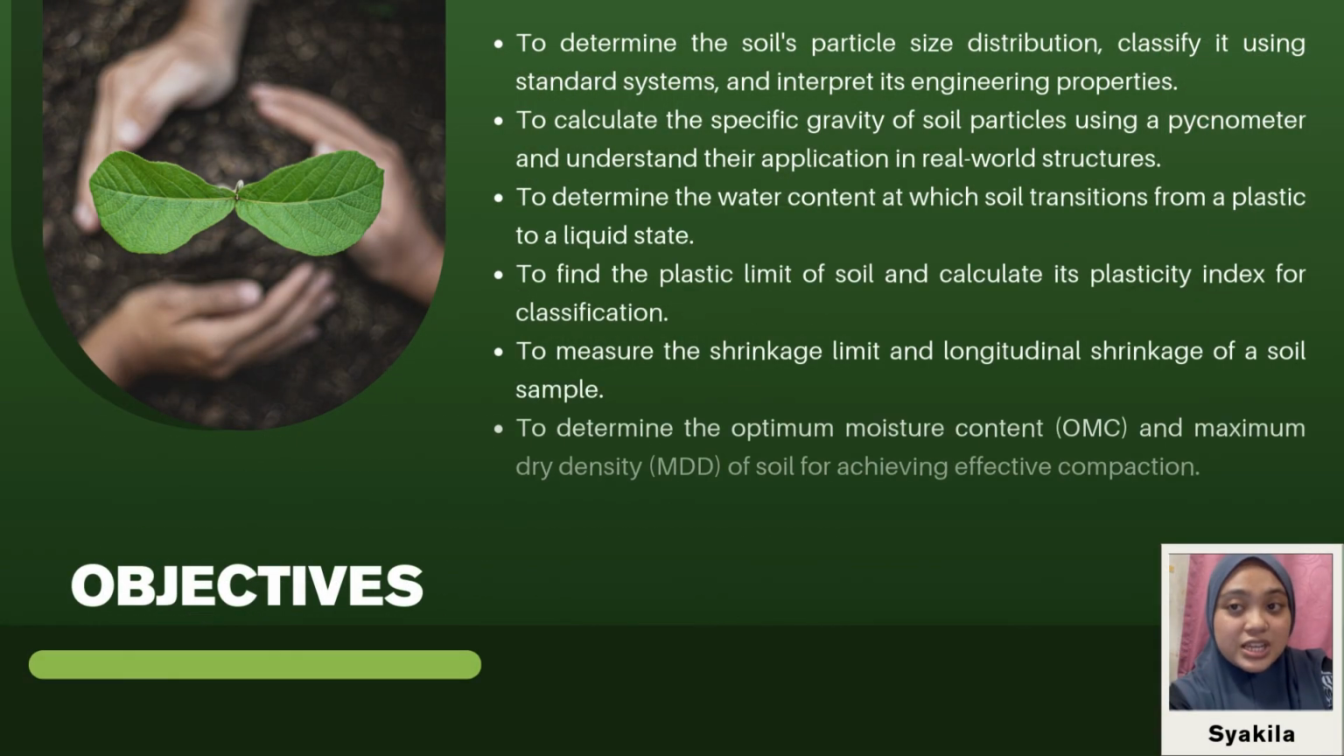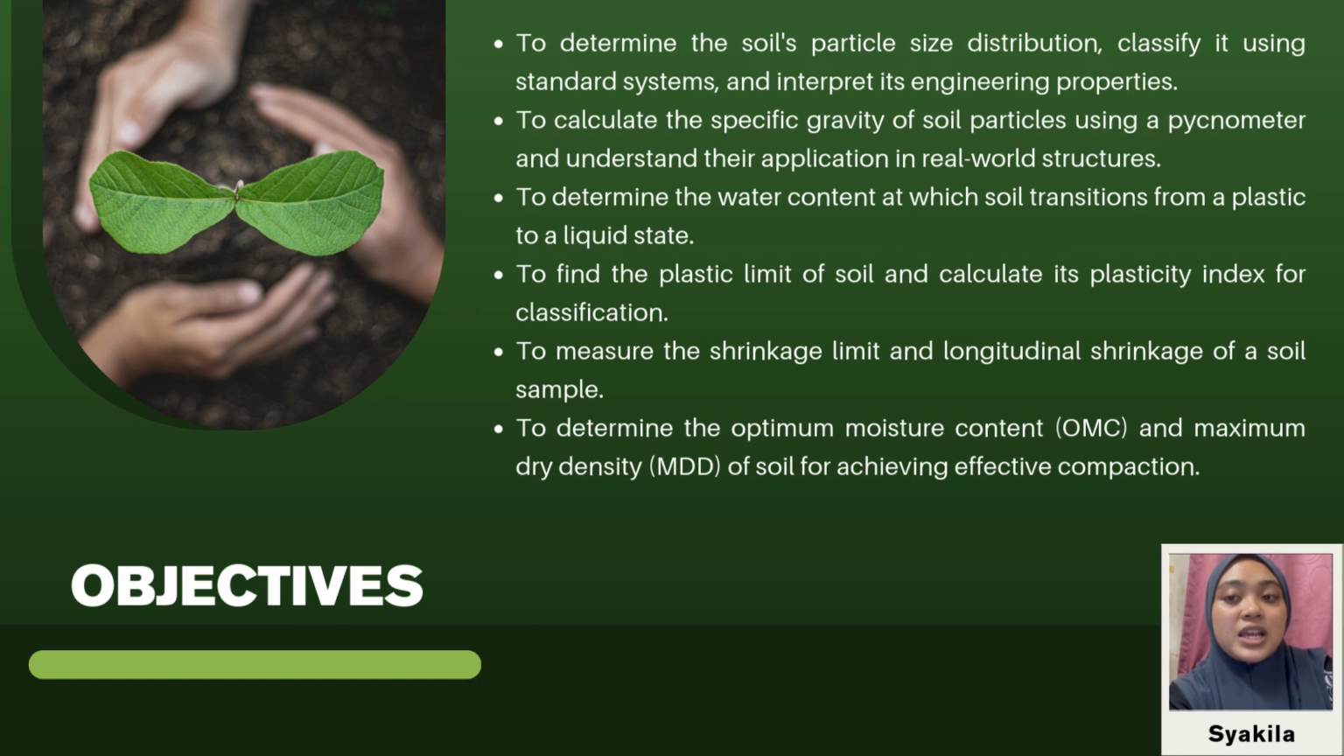The objective of this study is to determine the soil's particle size distribution, classify it using standard systems, and interpret its engineering properties, and then to calculate the specific gravity of soil particles using a pycnometer and understand their application in real-world structures. And then to determine the water content at which soil transitions from a plastic to a liquid